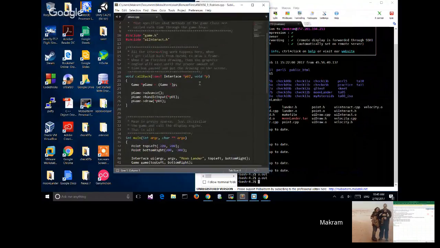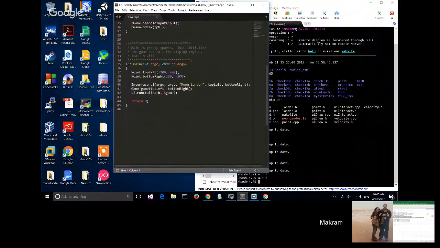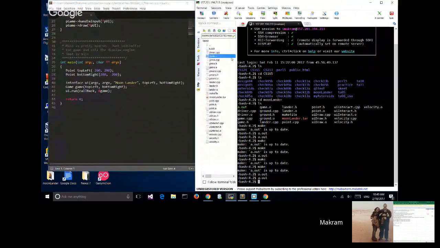This is the drive.cpp. This is where you call the game and let it display. All these are files.